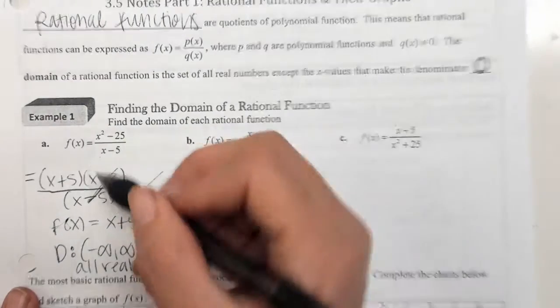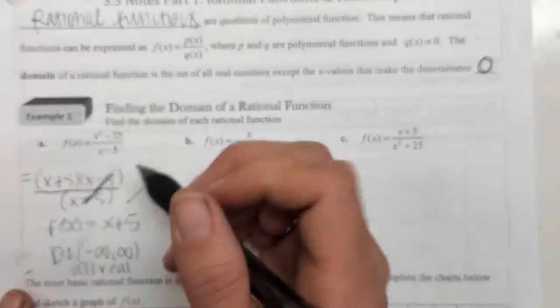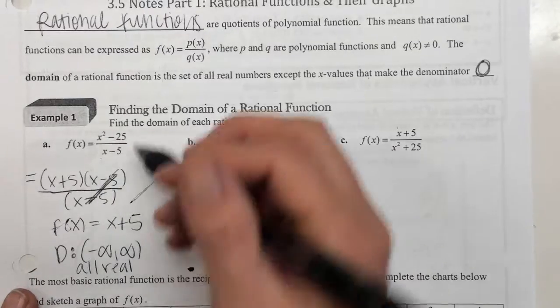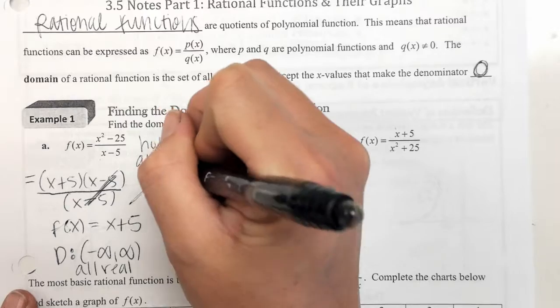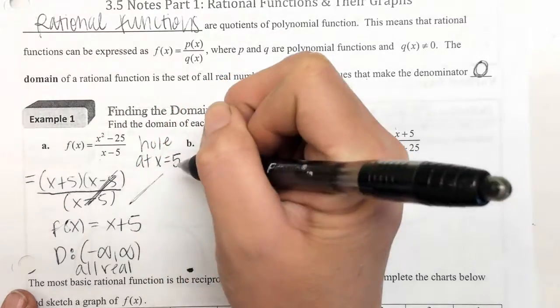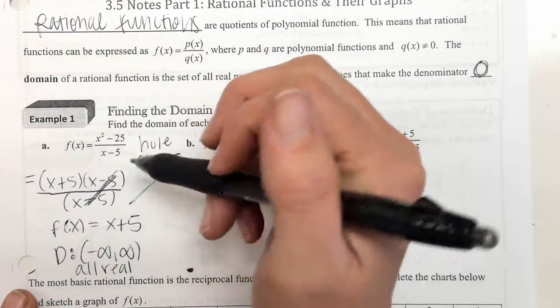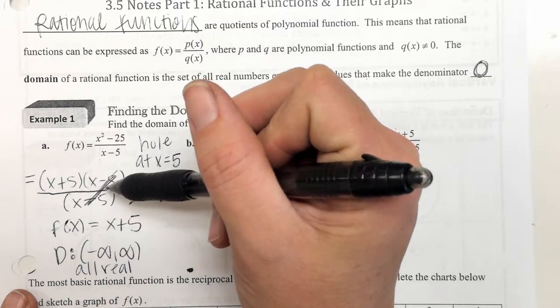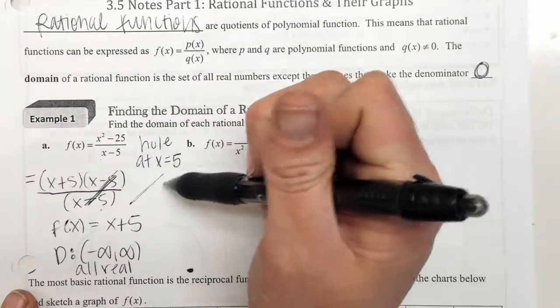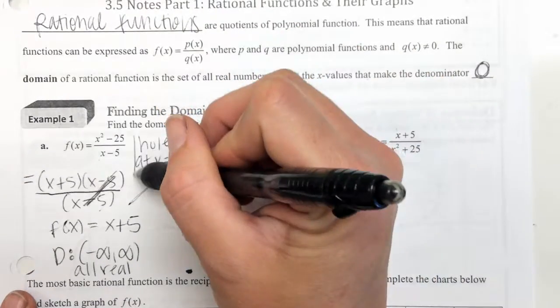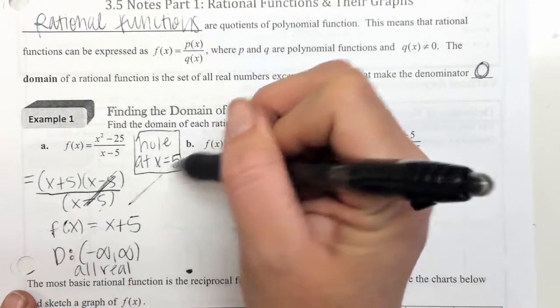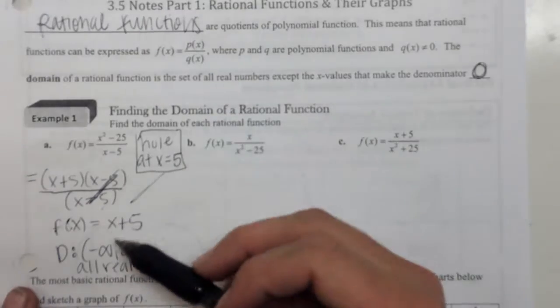And this part that canceled out is actually called a hole. There'll be a hole in your graph, like an open circle, at x equals 5. Now why is it at 5? Because that's what will make this 0. If we plug in 5 for x, that'll be 5 minus 5, which is 0. So there's a hole in your graph at x equals 5 because it canceled out, and your domain is all